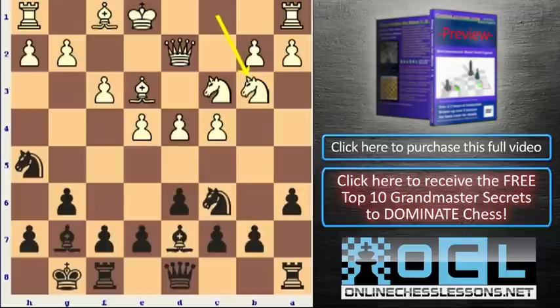And after knight b3, Smirin played a very creative move. But there was another, and Smirin has played this bishop d7, knight h5 line several times. In another game against Bocharov from the Aeroflot Open that was just a few months ago, white played the move d5, and this was Smirin